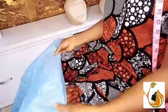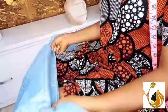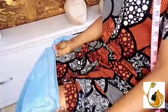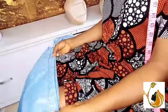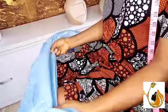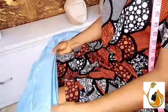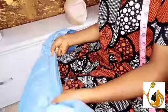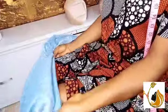So to start the style, I simply fold my asoke like I'm going to create an all round. So I'll just carefully help myself to fold it in a way that it will look equal. As much as possible, when you are folding, just try to make sure that your folding is equal and your concentration should just be